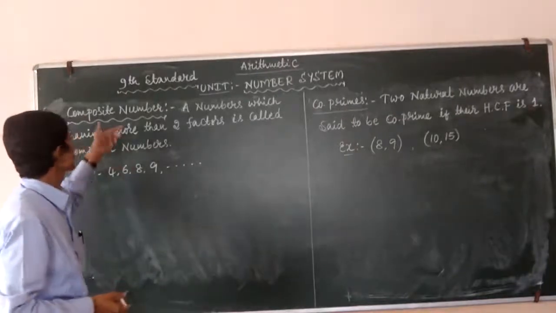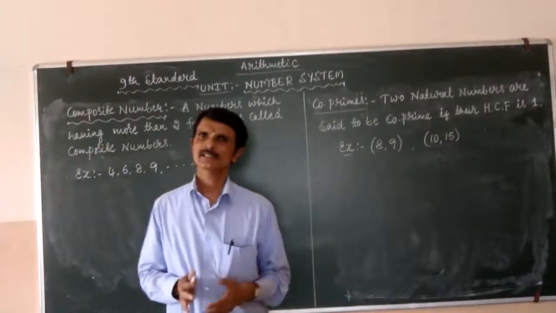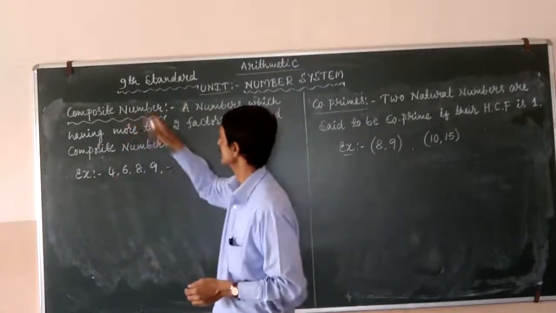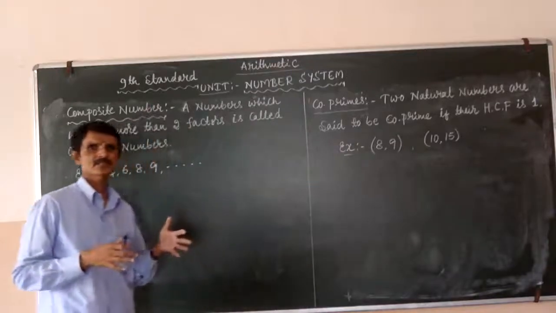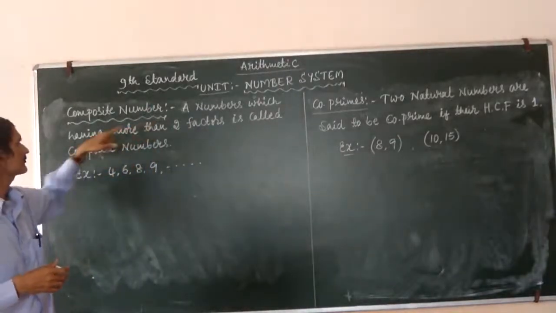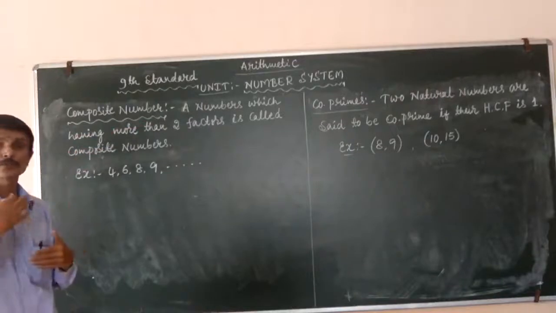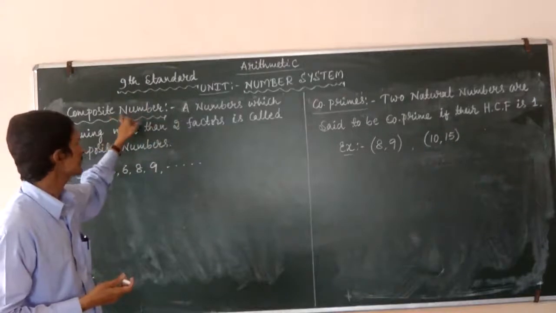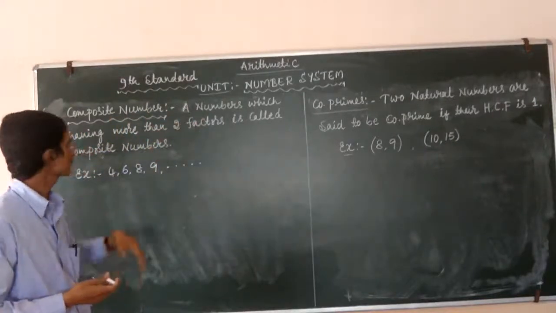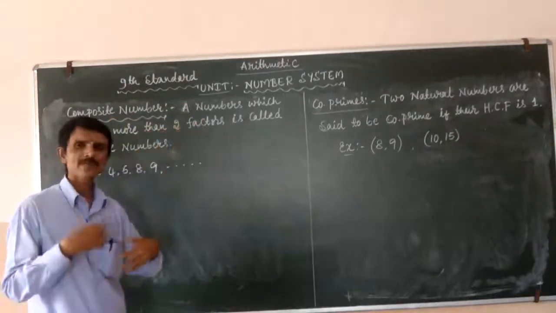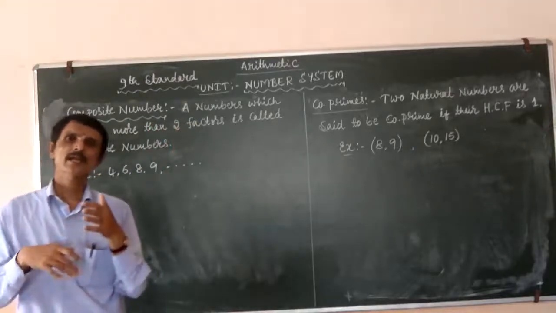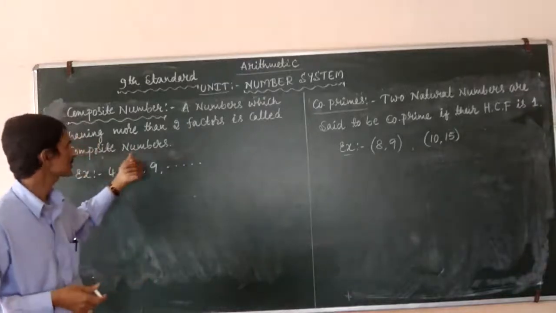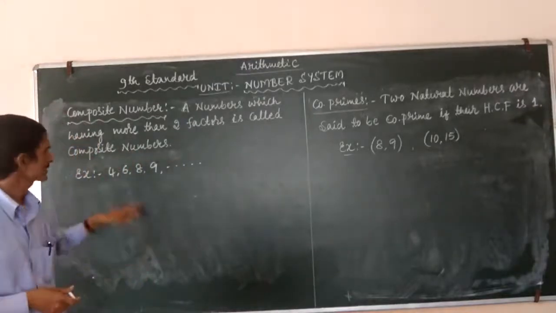Now, students, if you observe another type of numbers, another set of numbers, that is composite numbers. Composite numbers means a number having more than two factors. That means if a number has more than two factors, such numbers are called composite numbers. For example,